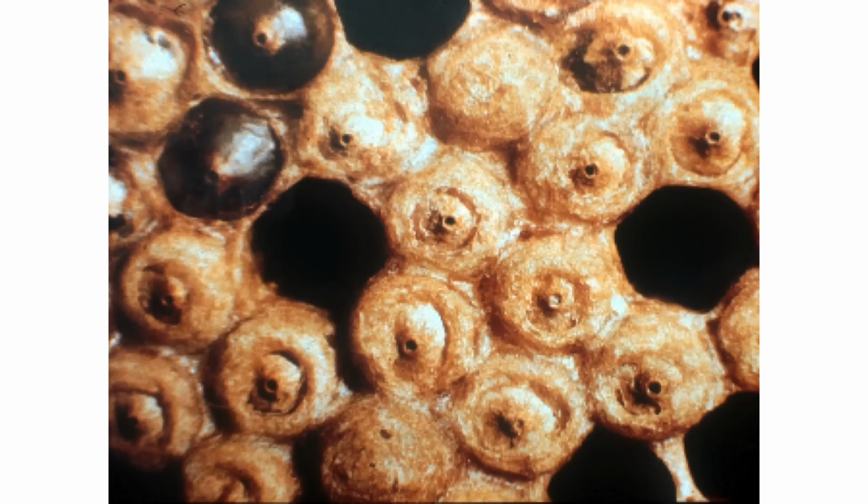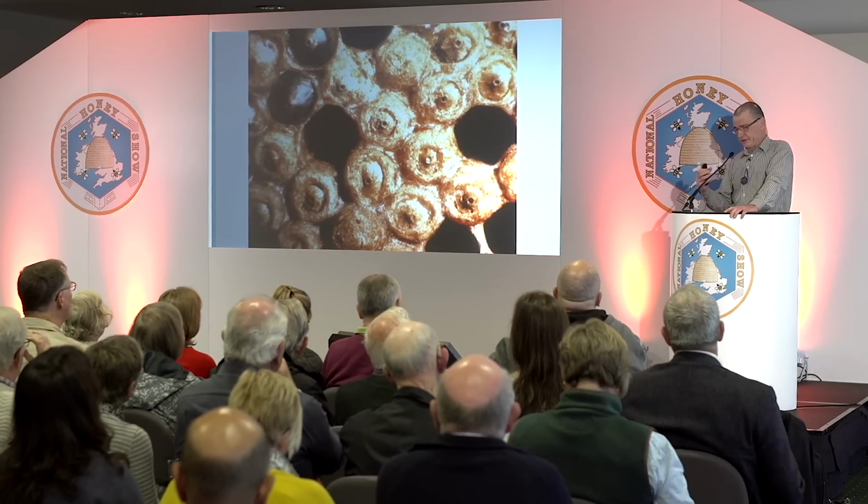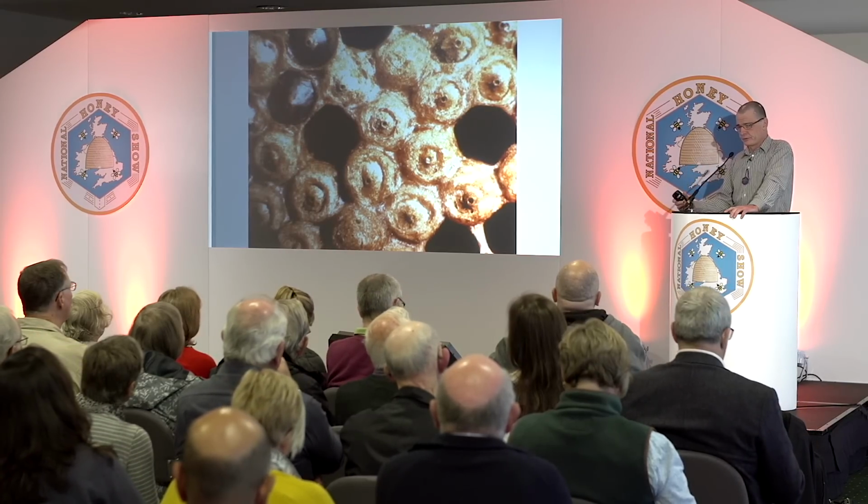And this is a close picture of drone brood in cerana. So you see, it looks quite similar to what you know how drone brood looks in mellifera. But still, there is one curious thing with these holes here in the older cells. You don't have it with the freshly sealed cells. Those holes develop later on by an enzyme which is produced from the pupae. And they need to have this hole